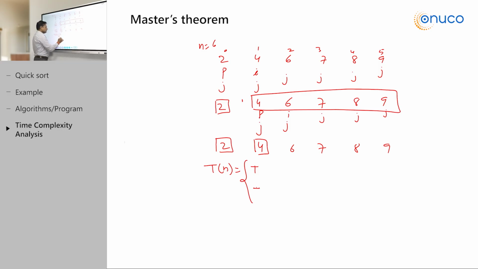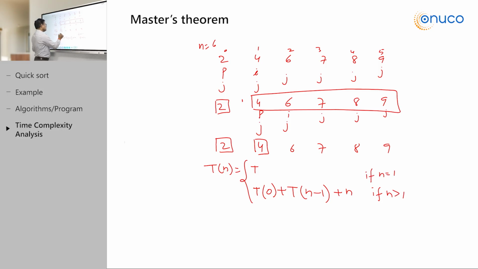No. On the right side we have T of n minus 1, because the array size is decreased by 1. So, T of n minus 1, plus n, right, got the point? Hence, what about if n is greater than 1, if n is equal to 1,